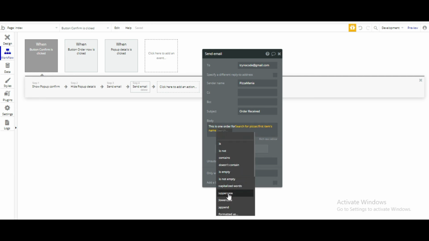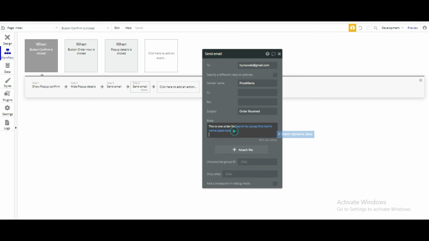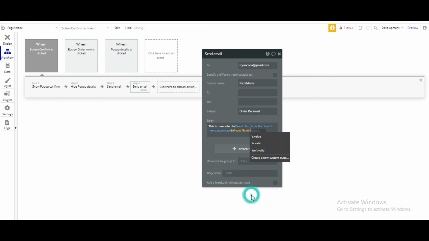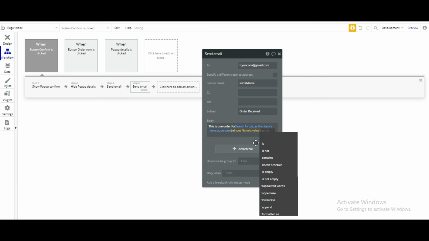Let's even write uppercase. By this it will make all the letters caps. By insert dynamic data, input names, value. Let's do it capitalized words. By capitalized words it will just make the first letter capital.